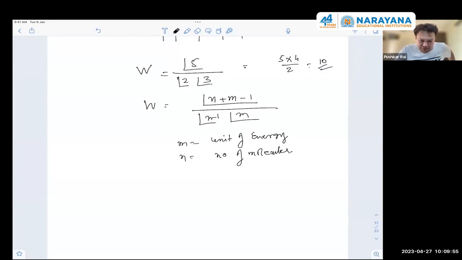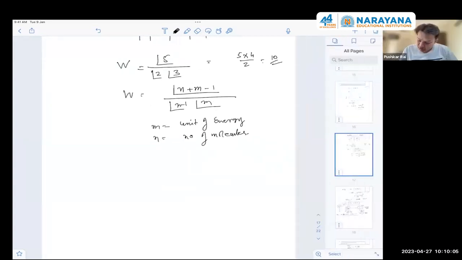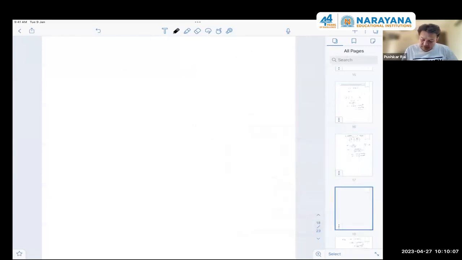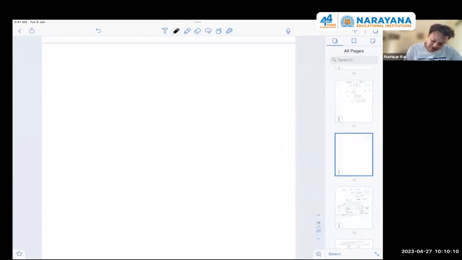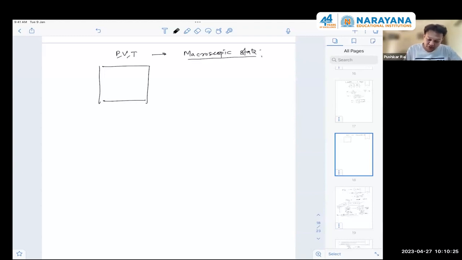What is W? Can you once repeat? W is called the weight of configuration. See, if a system is at some pressure, some volume, some temperature, that is called a macroscopic state. This macroscopic state consists of